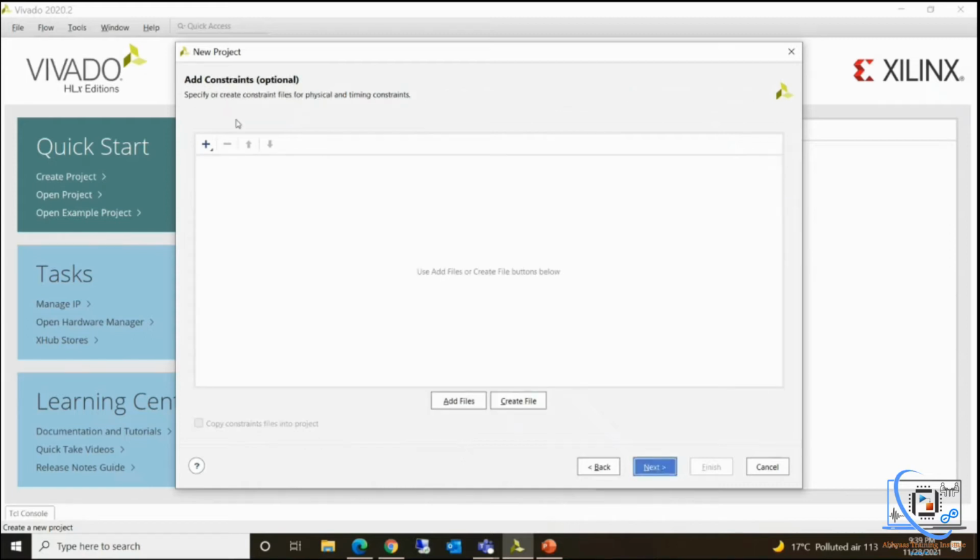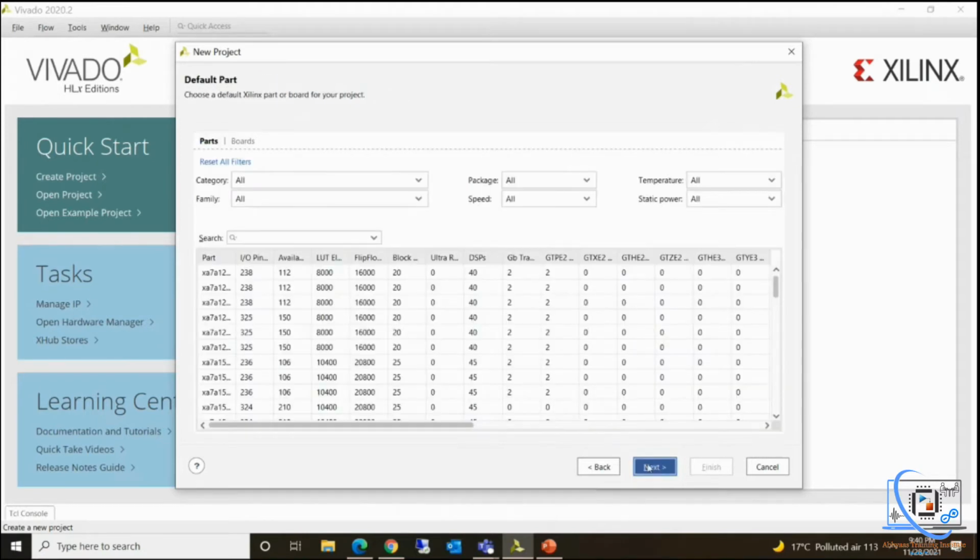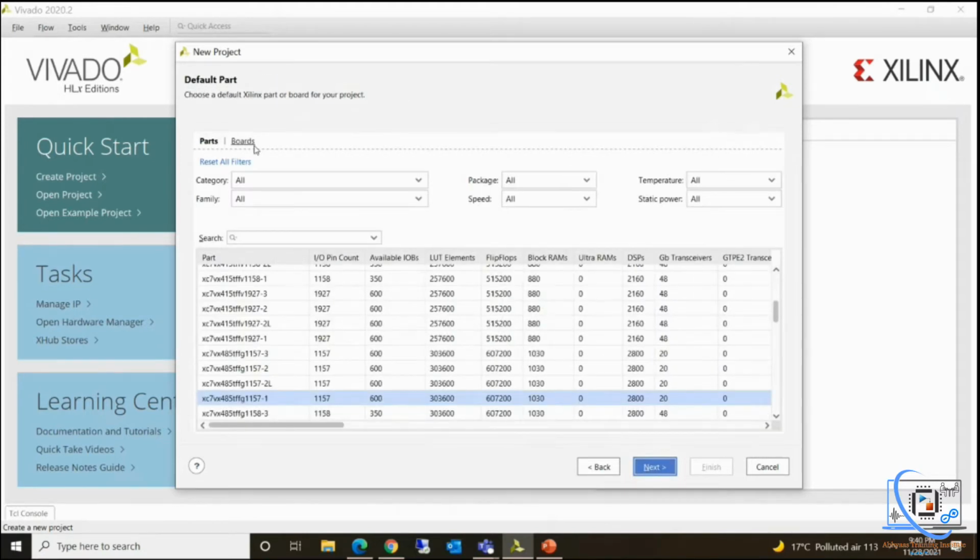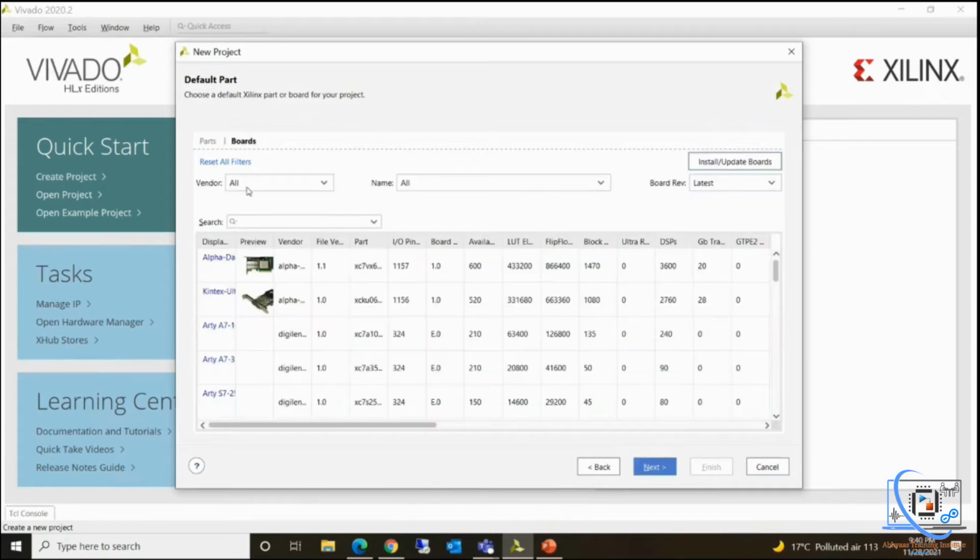So it is asking us to add a constraint file. This step is optional. So we have to create a constraint file, but we will do it later. So this time we can skip this and we'll directly click on next. So now this is asking us on which board you want to implement your design. So either you can select by the part number or you can go to board, and from here you can select your board.